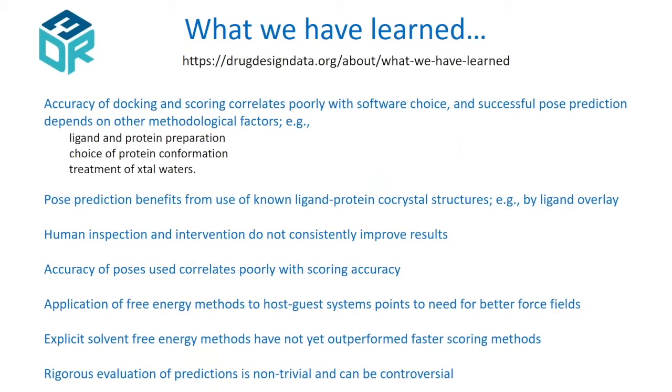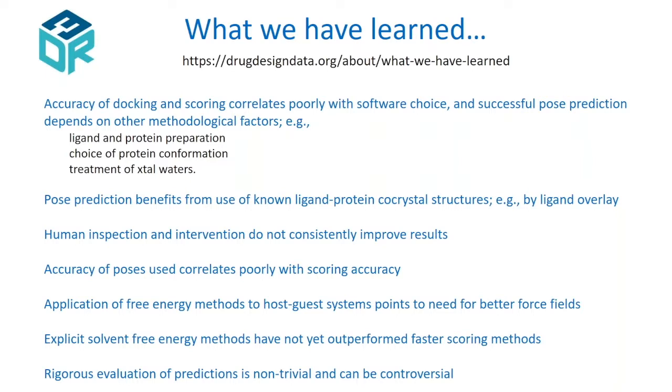One of the things we've tried to do at D3R, working with participants, is to catalog some of the things we think we've learned. Those are actually on this website, but here's a subset of them. Some of the things we've noticed is that the accuracy of a docking calculation does not correlate very well with your choice of docking software. You could get good results or poor results with, for example, AutoDock Vina. And it has to do, if nothing else, with how you prepared the protein, how you prepared the ligands, what protein conformation you docked into, how you handled crystal waters, and perhaps other factors as well.